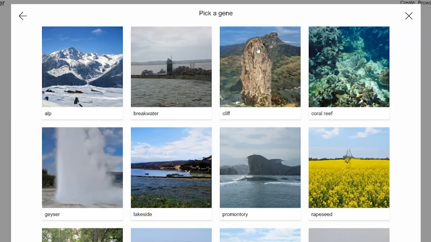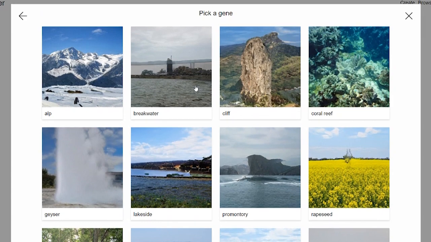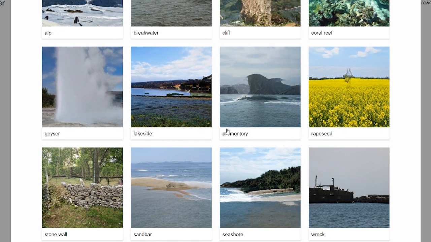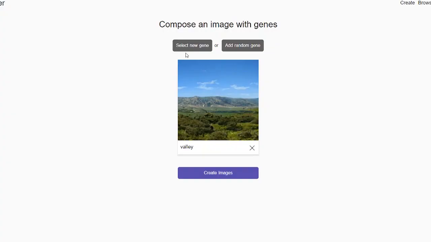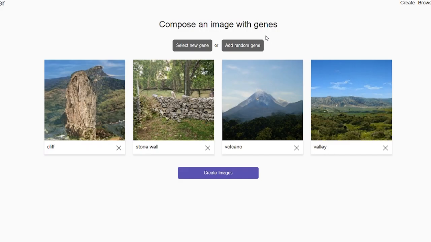Okay, this is the last thing I want to try. I want to put in a bunch of landscapes and just see what it makes, because some of the landscapes actually look really cool and realistic. So I'll add valley, volcano, little stone wall in there, cliff. We're going to go with these four and just see what it creates. I'm hoping for something with mountains in the background, some trees, maybe a weird stone wall, Stonehenge-looking